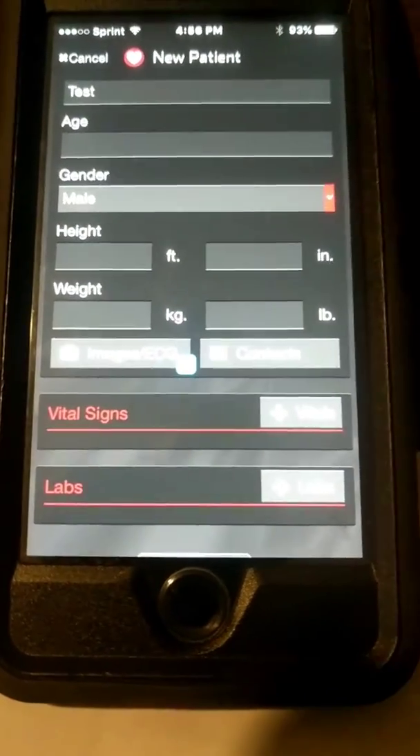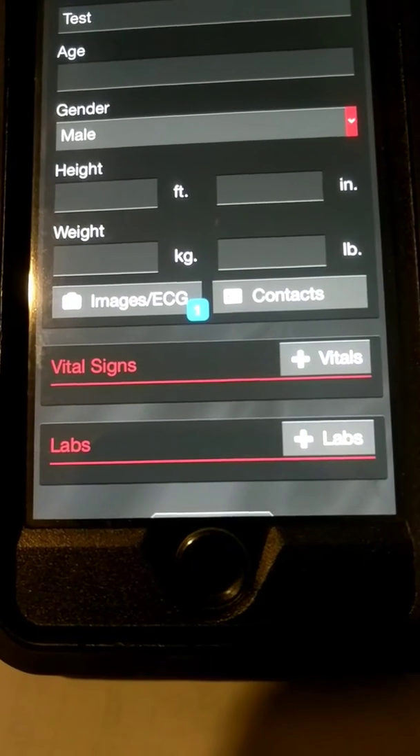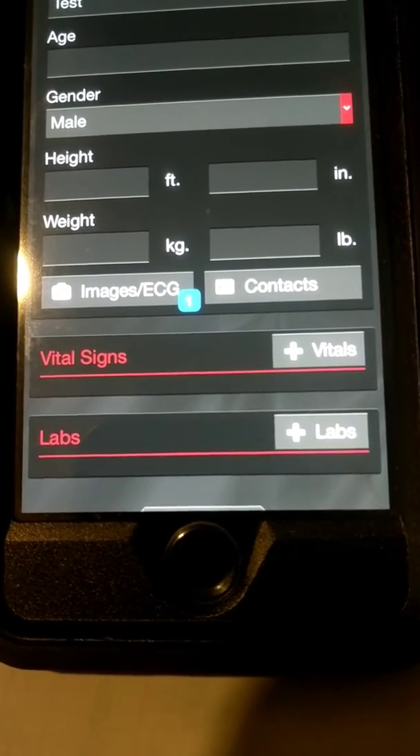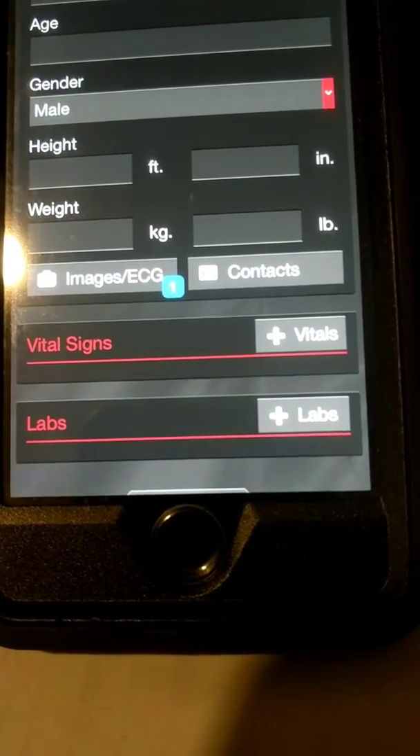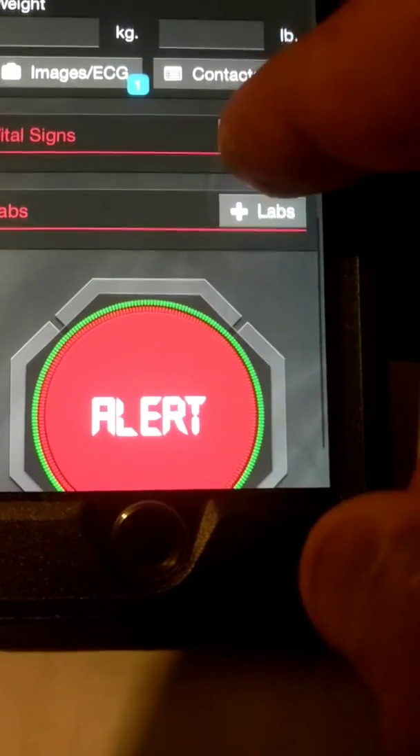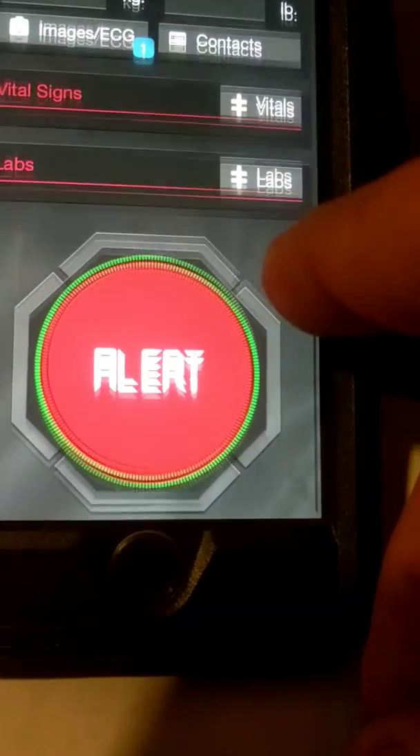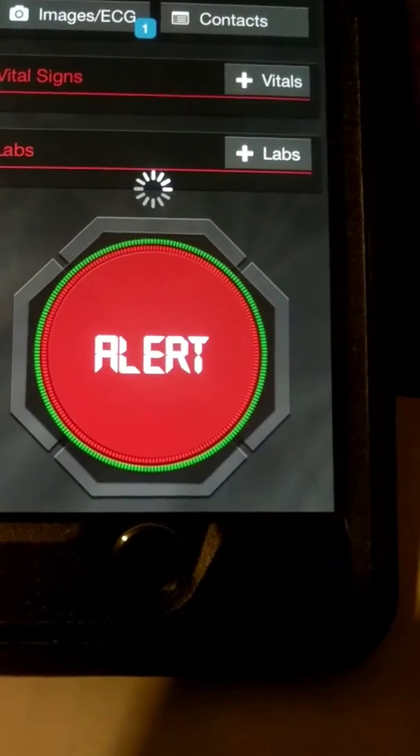Here's contacts. Contacts, if for instance you have a patient that maybe is unconscious, unresponsive, and you want to enter in some information of a contact person, you can do that. Like I said, vital signs and labs you don't have to enter in. Then you get down here and it says alert. So once you hit alert, it then comes over here,